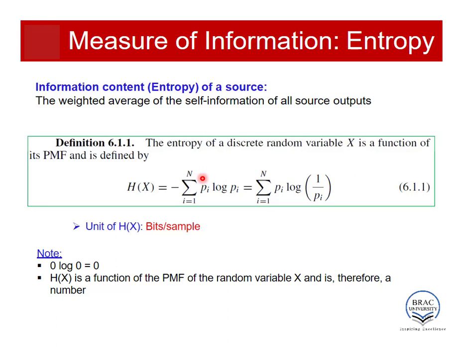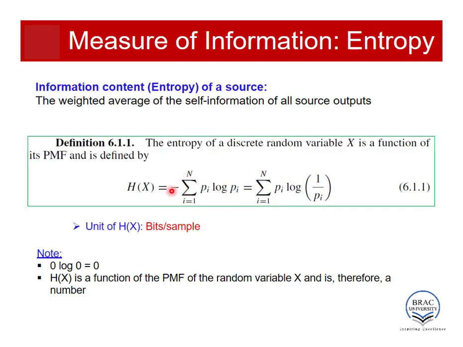Now if I have a random event where the number of outcomes is n, the probabilities of all the outcomes may not be the same, they may be different. Let's say pi is the probability of the ith outcome. If there are total n outcomes, we can number them from 1 to n, and let i be the general variable. So the total entropy will be the summation of the probability of each outcome multiplied by the log of the probability of each outcome,